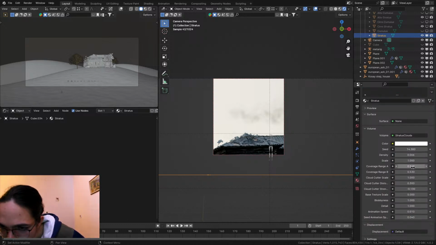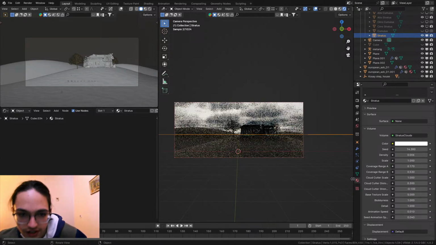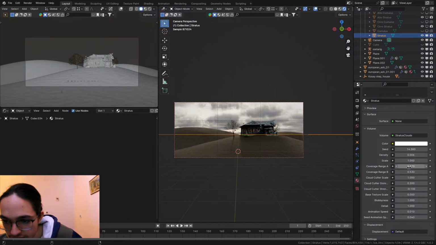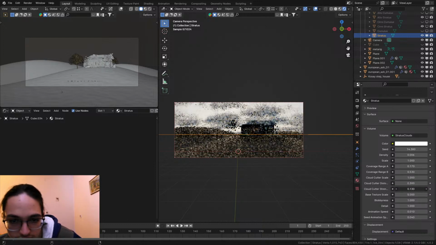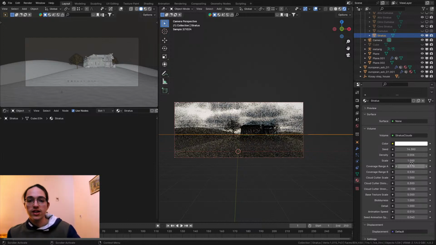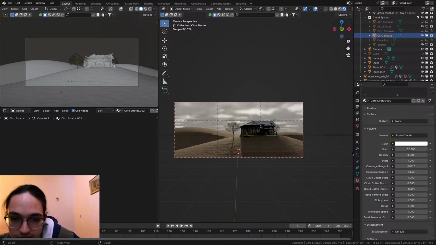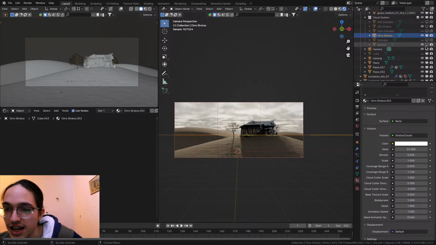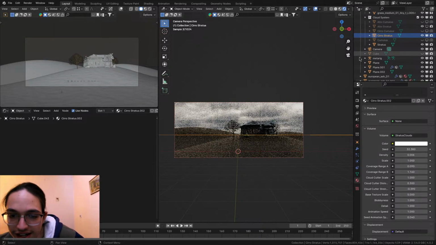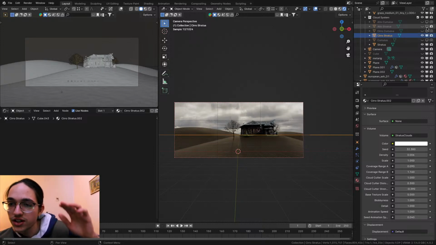Okay, coverage range A, let's reduce that. Yeah, this on its own is, I think, already looking kind of good. Cloud cutter string. What's this? I mean, I made the notebook, but I kind of have to rediscover what the different elements are doing, because it's been a little bit since I've used this cloud type specifically. Yeah. That's the thing. You need to be able to look through the different layers